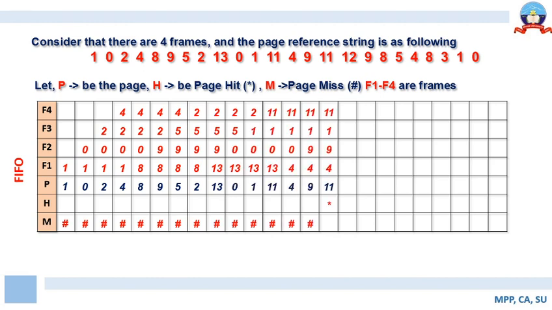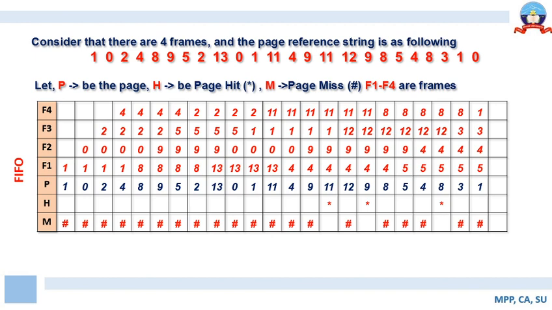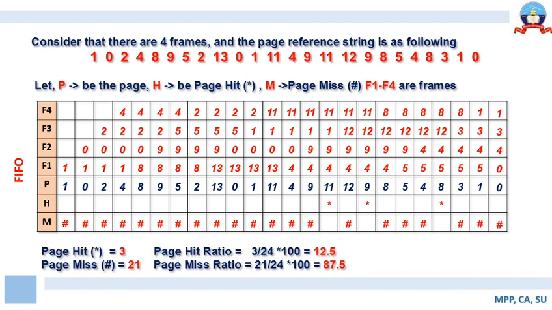We took 4 frames and a page reference string, and then we performed replacement based on the requirement of page faults. Eventually we calculated the number of page hits and the number of page faults or page misses, and then using that we determined the page hit ratio and the page miss ratio. In the subsequent classes we will be discussing the rest of the